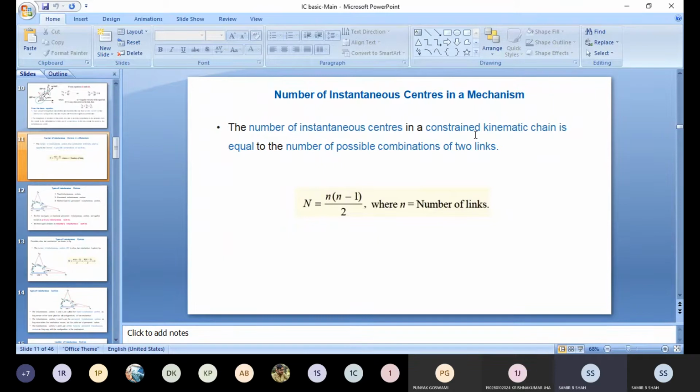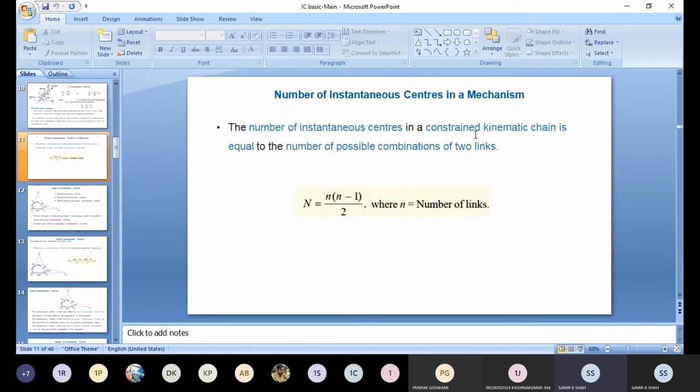In other words, the velocity of the instantaneous center relative to any third rigid link is the same. Suppose I have two rigid links and I want to compare with a third rigid link; it will be the same whether the instantaneous center is regarded as a point on the first rigid link or on the second rigid link. If the first and second are both rigid, the velocity from first to third or second to third is the same. So these two are the prerequisite conditions, or properties, of the instantaneous center.